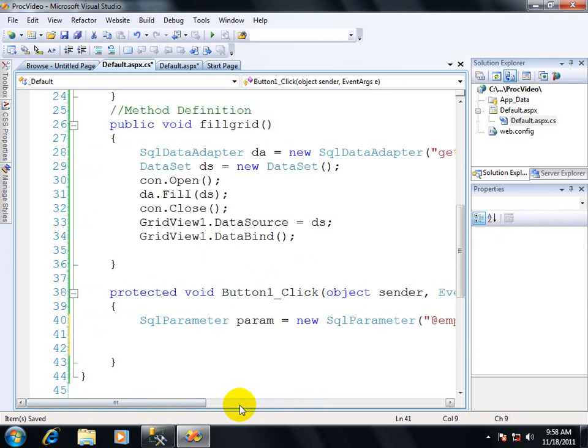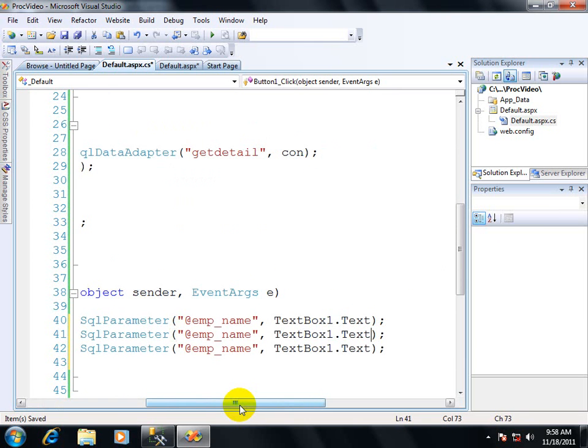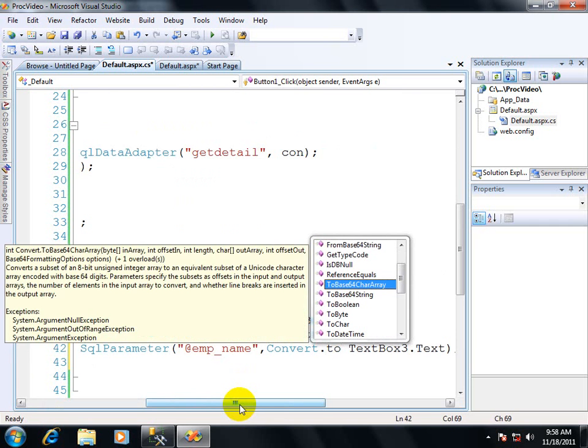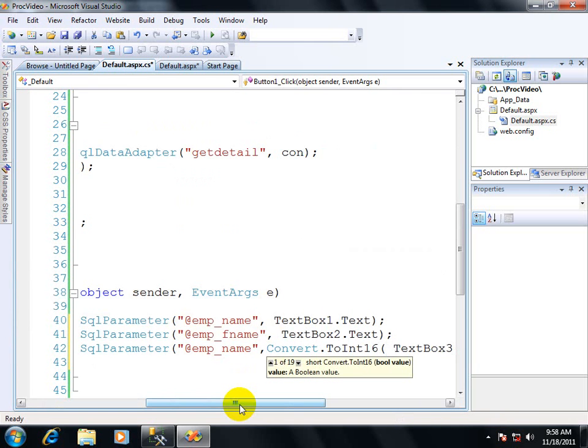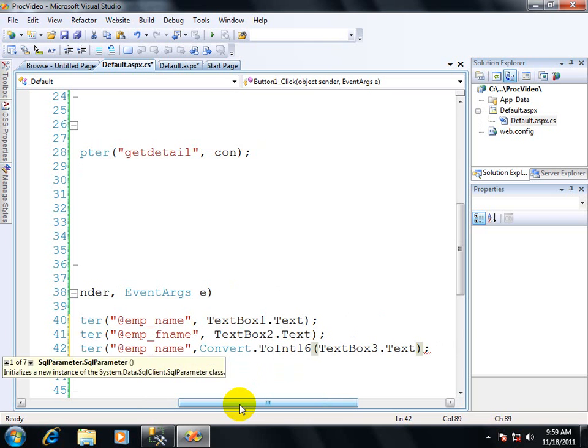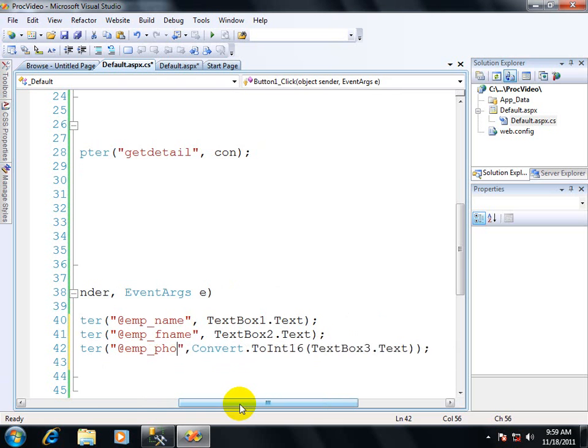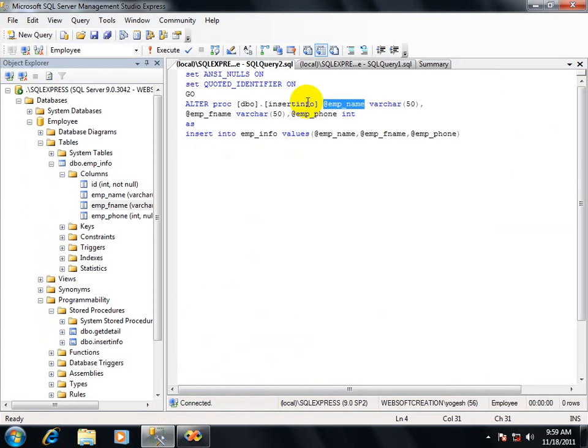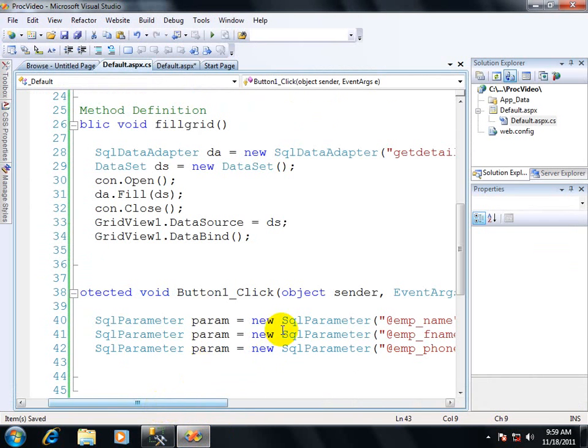I can take three parameters like this: emp_f_name with textbox2.text, then textbox3.text. What is it in string? Integer, because in TS16 it is short integer, and emp_font. Please check it: emp_name, emp_f_name, and emp_font. This is param1, this is param2.